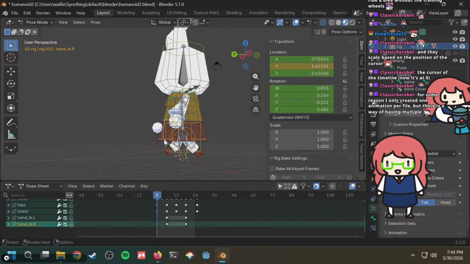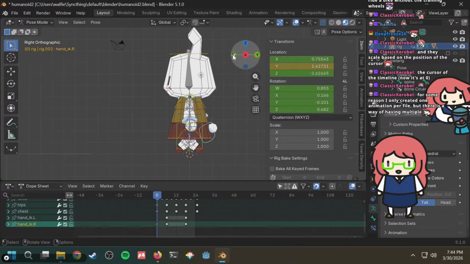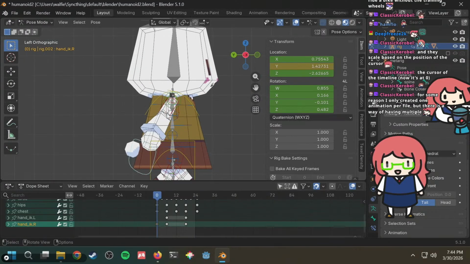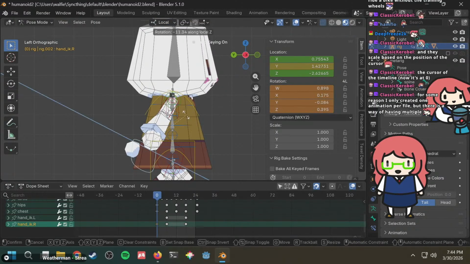Perhaps this gets rotated. But rotated how, though? That's the question. How would this be rotated? Because right now the entire arm is kind of rotated about its local axis. Maybe, okay, like this.